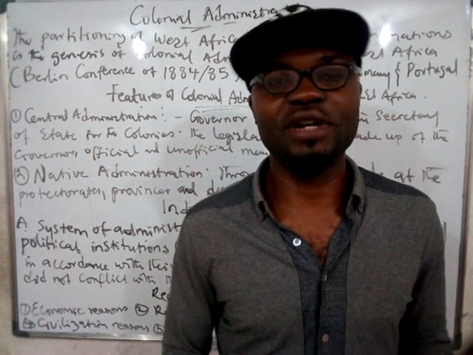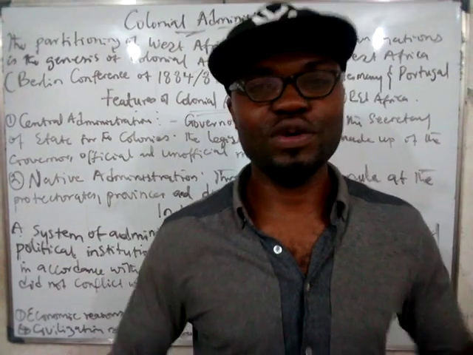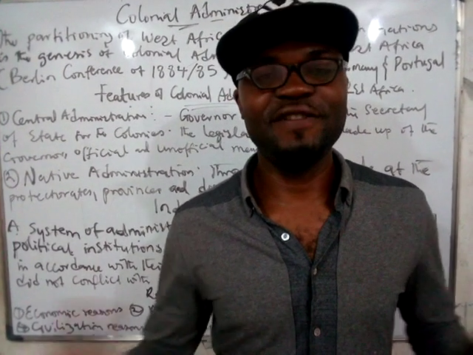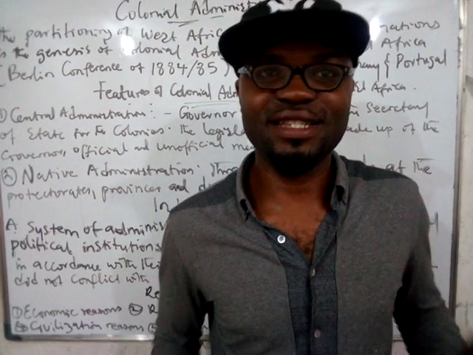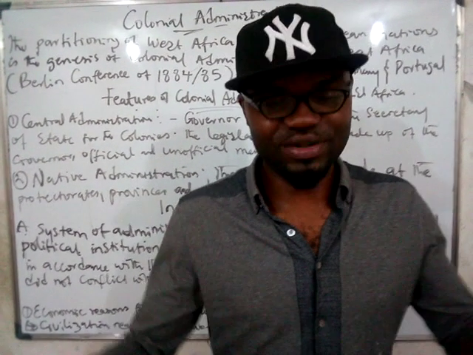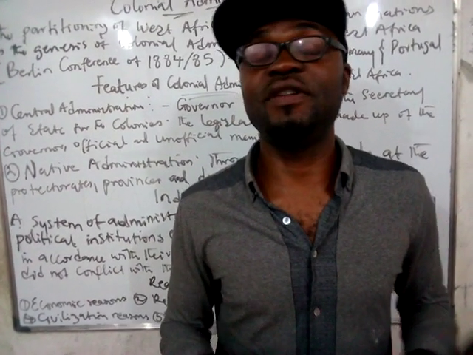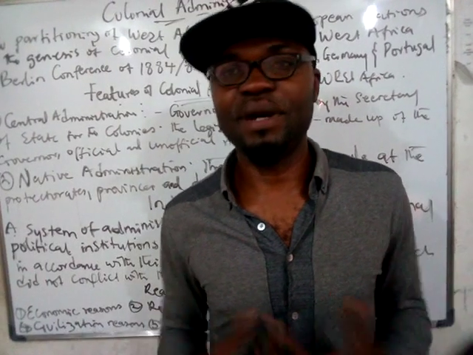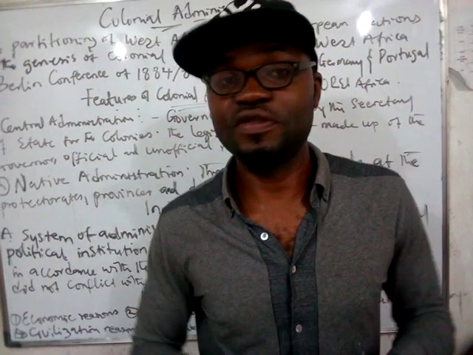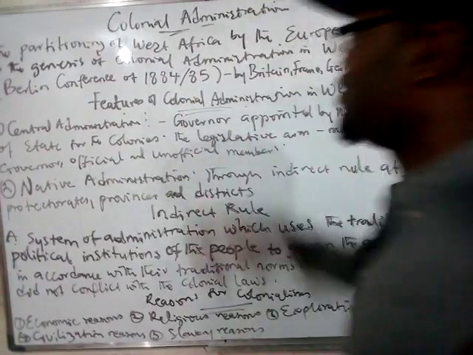You also talk about religious reasons. Most of them came around and found out that we were still practicing what we call traditional religion. They felt we needed Christianity and Islam, so they gave it to us. So from there, they started colonizing us. Then there is also the problem of slavery. They needed human power for their industrial boom. So that is what we have today, colonial administration.